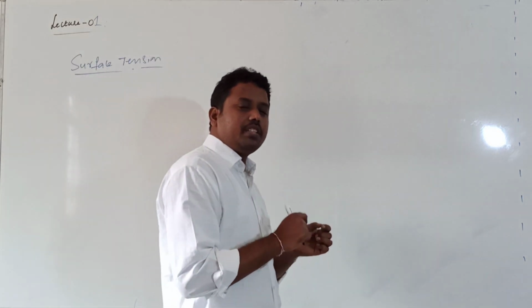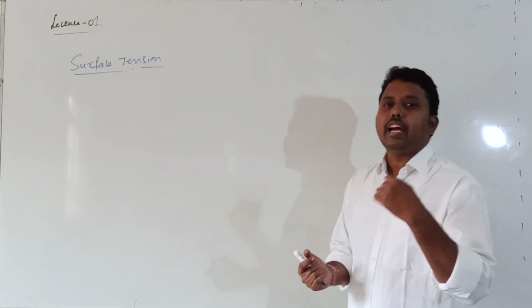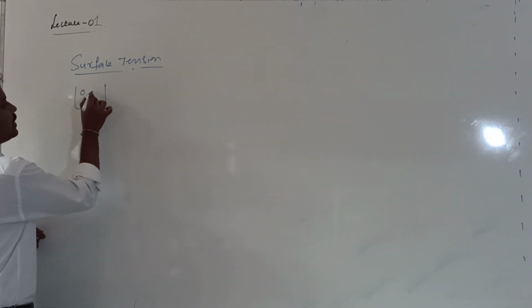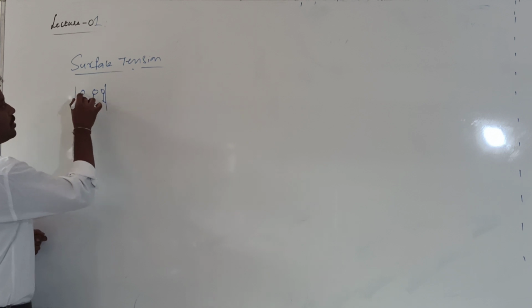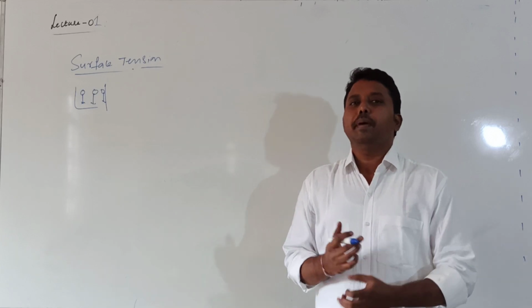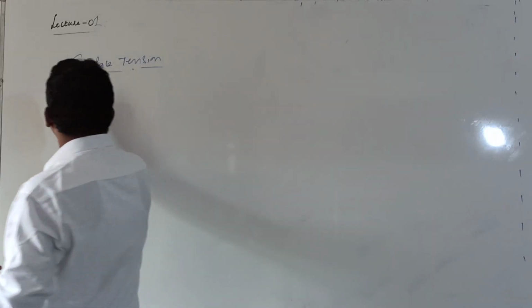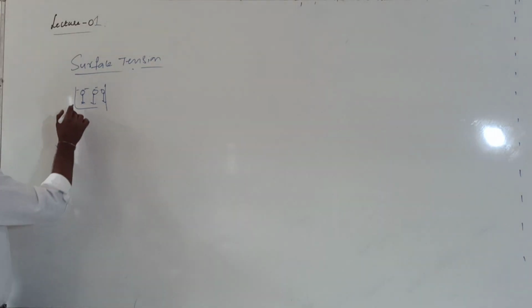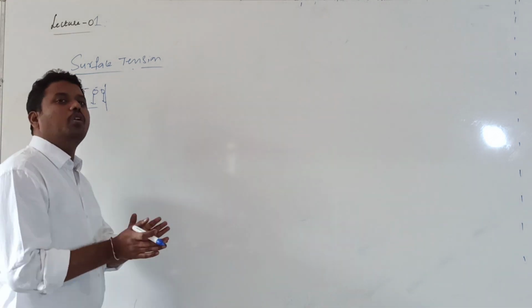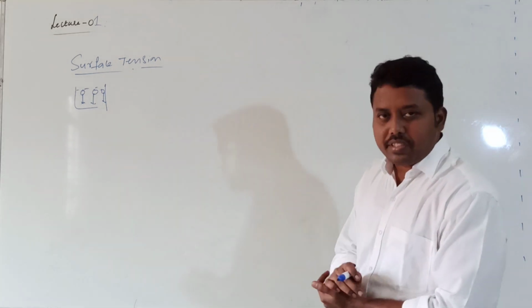Because of the property of surface tension, the free surface of the liquid acts like an elastic membrane. Why it is acting like an elastic membrane, we will come to know. Generally, those molecules which are on the surface will experience a net downward force. Why they experience a net downward force, we will discuss. Because of the net downward force, the free surface will act like an elastic membrane. What it means is, in a liquid, on the free surface, some force is acting, that is a molecular force. Because of that force only, it is exhibiting the property of surface tension.